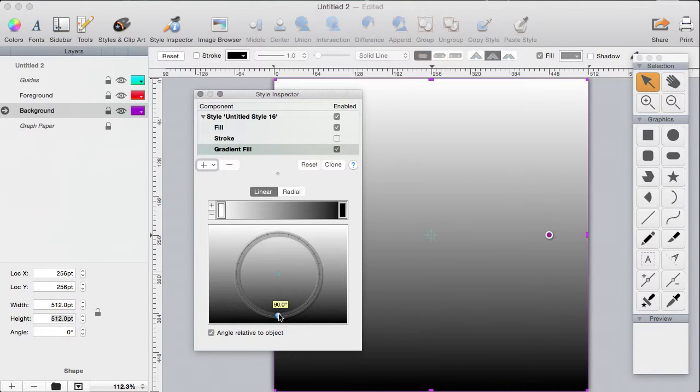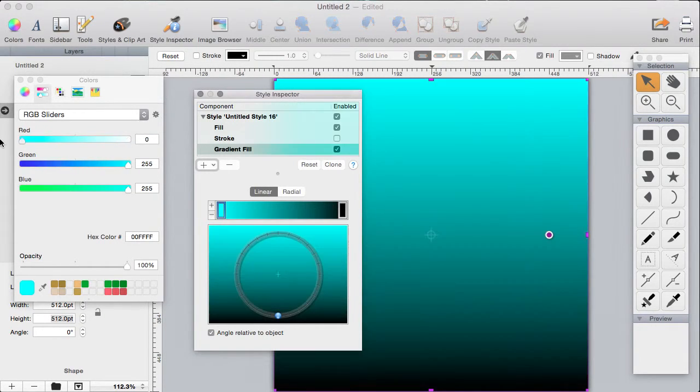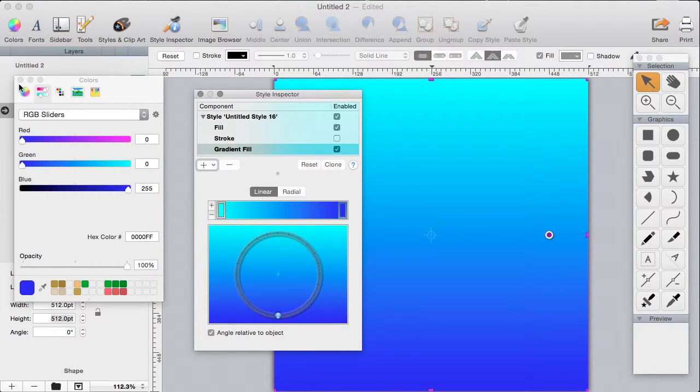So go there, and then I'm going to click on this, and that's going to adjust the white point. Let's say I wanted it to go from there to there. So right away, I now have a very nice gradient,